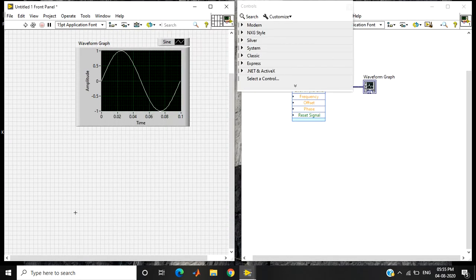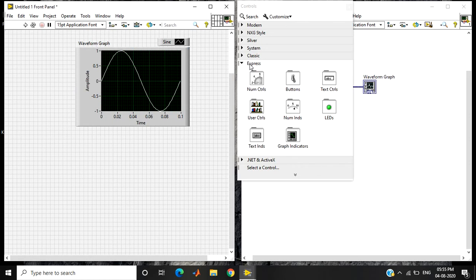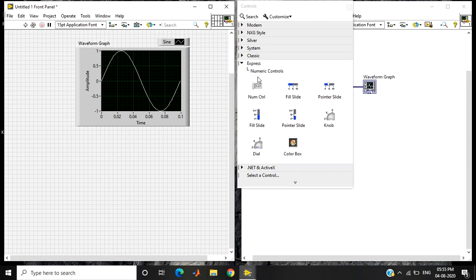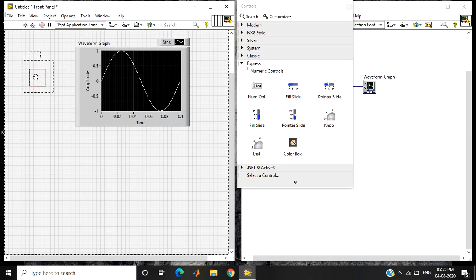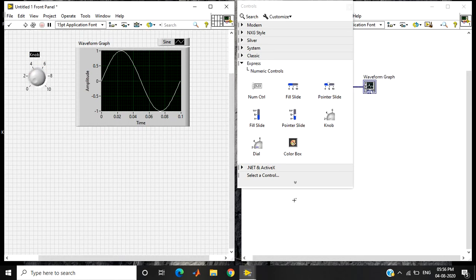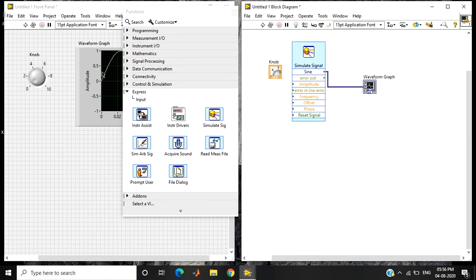For that, in your front panel, go to the control palette, under Express, select Number Controls. From there you can choose Knob, click and place it in the front panel. As of now we are going to control the amplitude of the sine wave, so I am going to connect the knob to the amplitude of the simulate signal block.